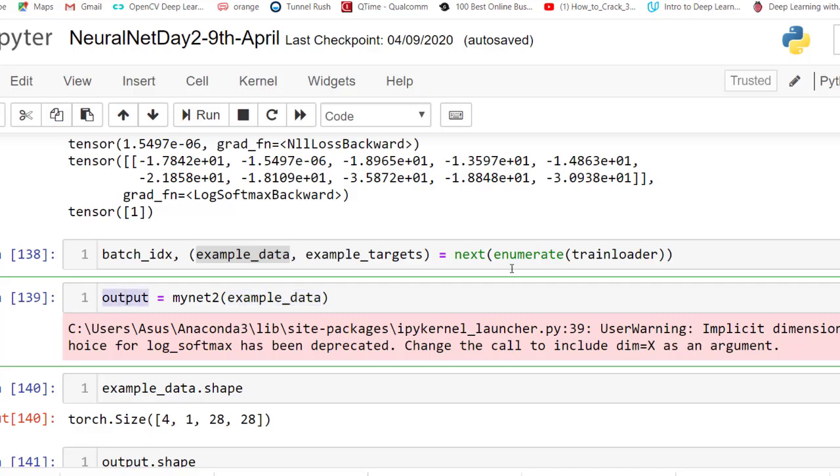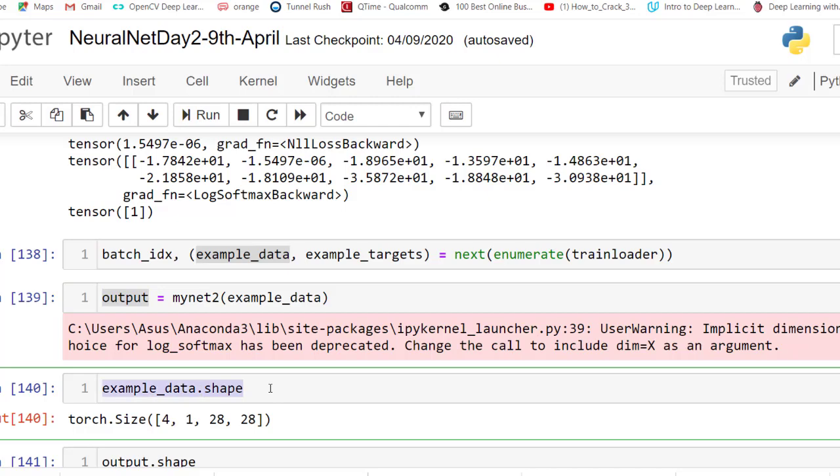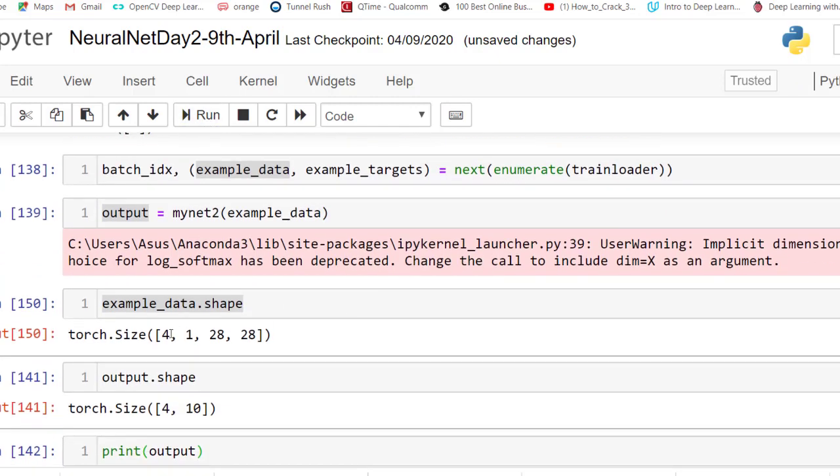Let's see how the data and the output look. So example data dot shape. The data is as expected: 4 cross 1 cross 28 by 28. And the output is of the shape 4 cross 10.